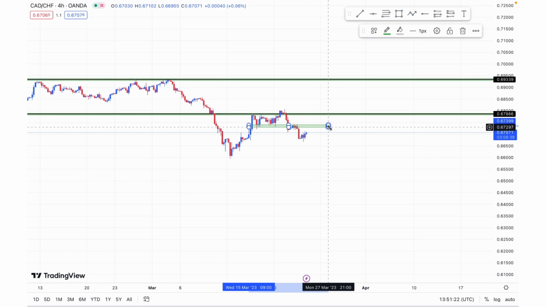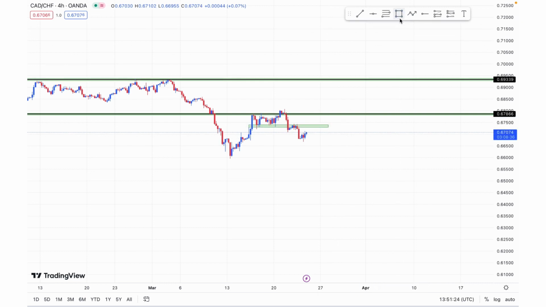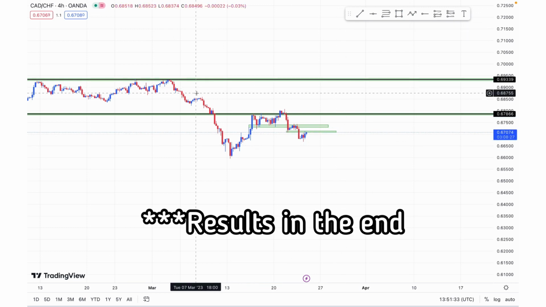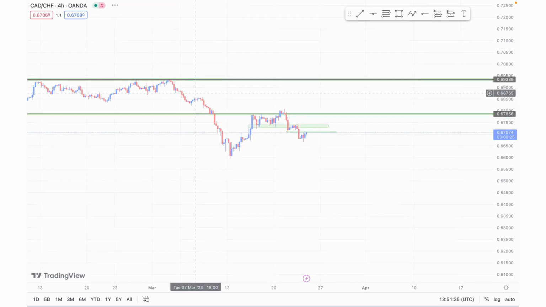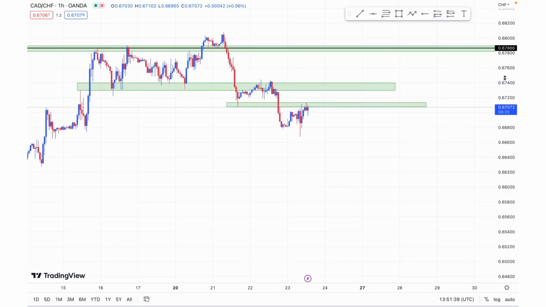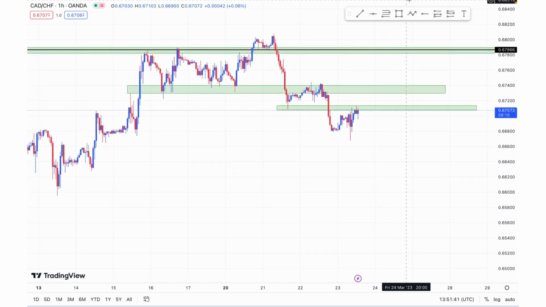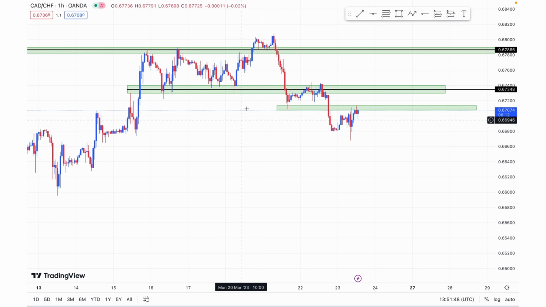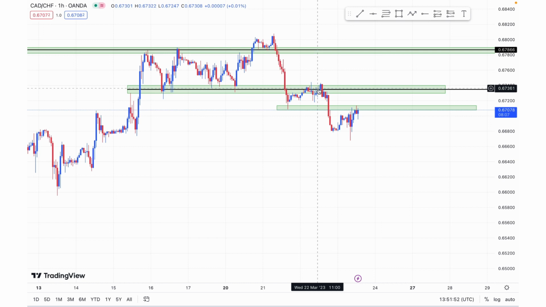And then now I have marked this low right here, and I've taken my sell. So why did I take the sell? Because I went to H1 and I saw this, right? So look at this, right? First of all, I took a sell over here and here, and I closed my trade,